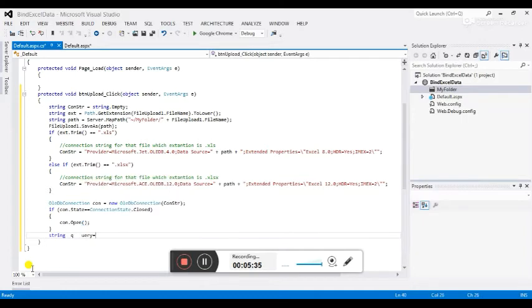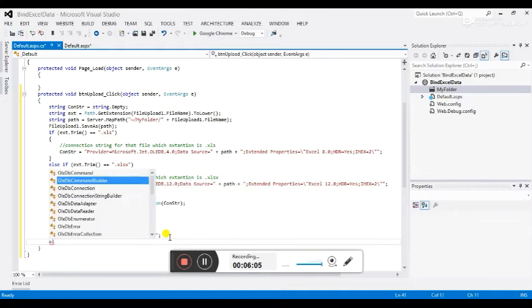Now we have to declare one string variable query in which we are going to write the SQL statement. So this is my SQL statement here.